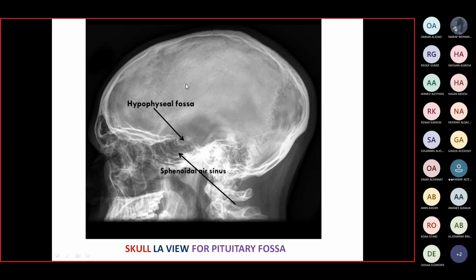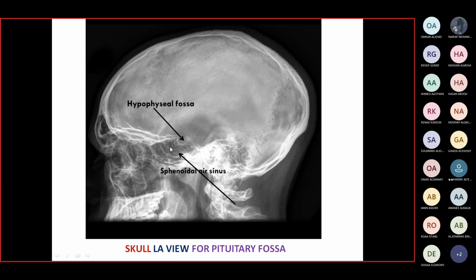Nowadays, this plain X-ray is not performed to assess the pituitary gland. We replace it by CT when we are interested in the bone. This is an obsolete technique in assessment of the pituitary gland. But you have to know this is the area of the pituitary gland in the hypophyseal fossa within the sella turcica,